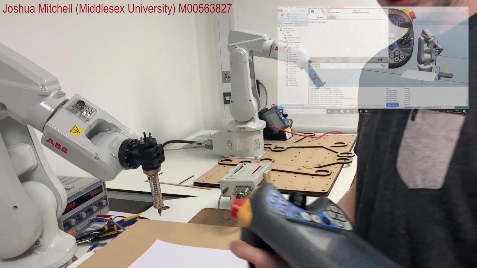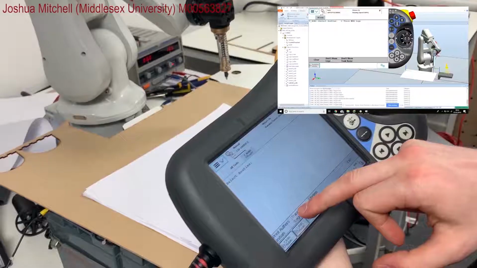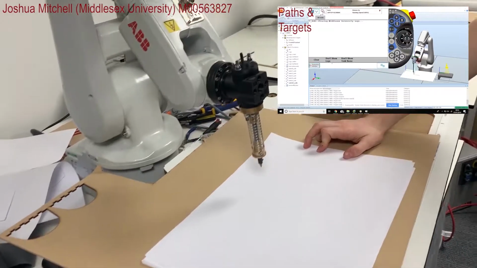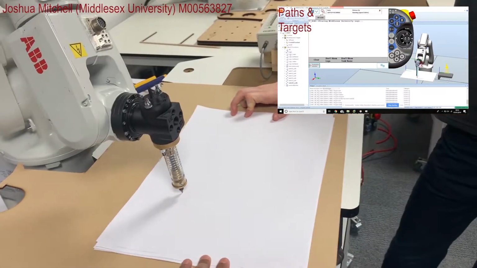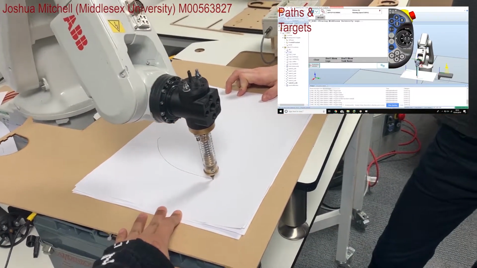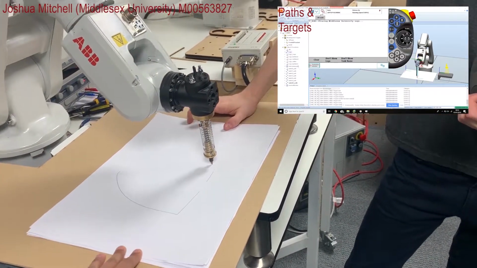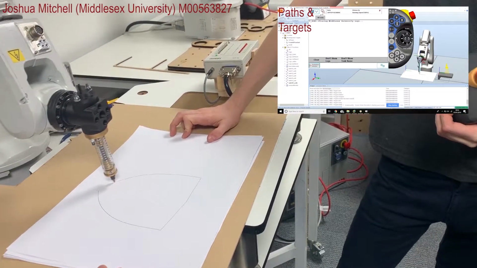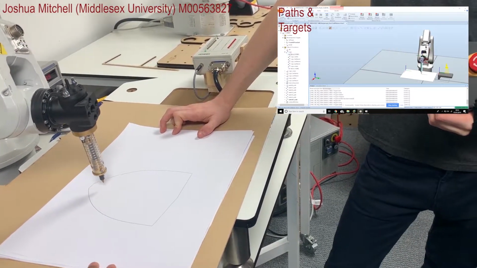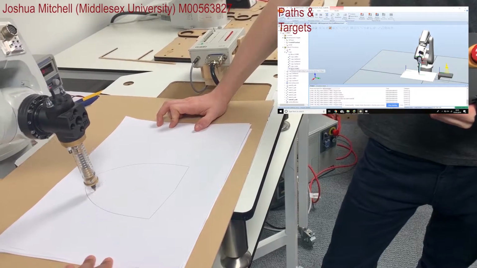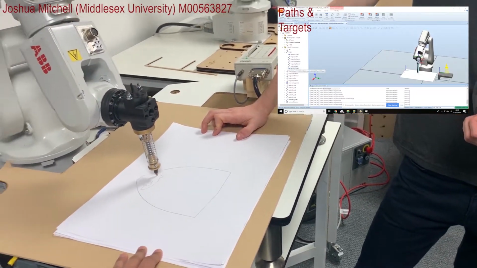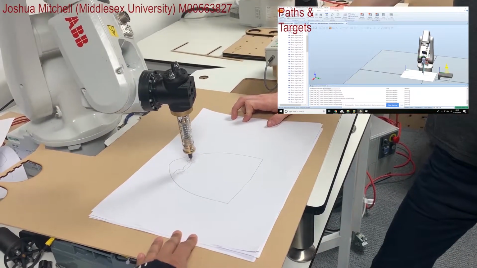The second task we were asked to do was to trace a vector image. So, not being overly imaginative, I went for the Middlesex University logo. To do this, I took the vector image, put it into SolidWorks, translated it into a 3D file and saved it as an SAT. I then imported that SAT file into RobotStudio